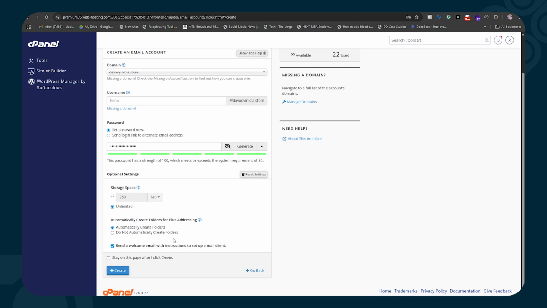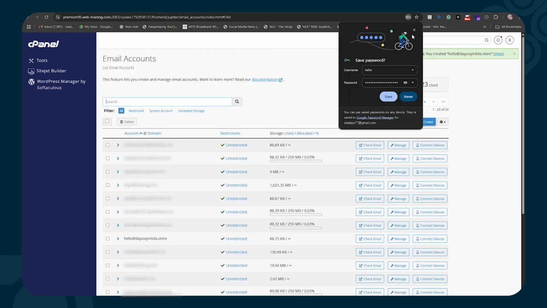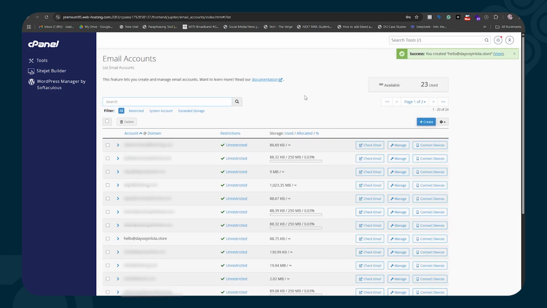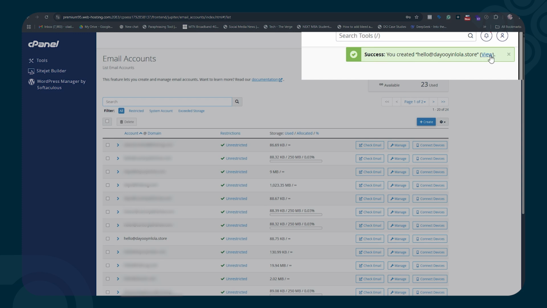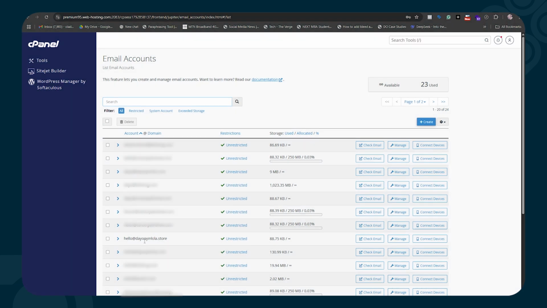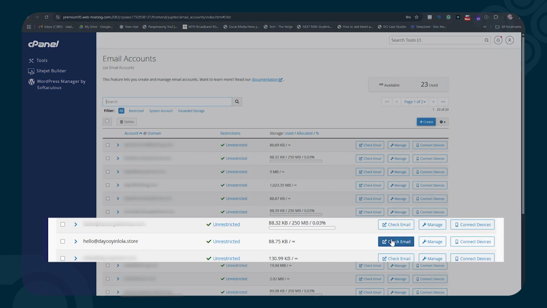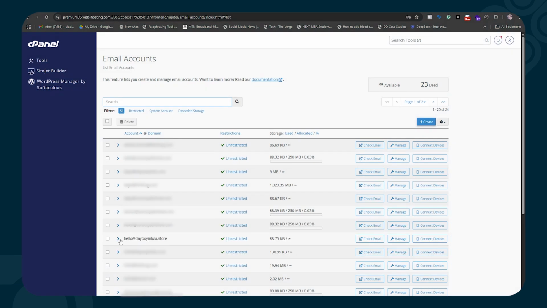So once you're done, please verify all of the information, verify your username, verify your password is the one you want, and then you click on create. That email address has been created, and then you can click on view here or look for the email address here and then click on check email. So this is the one I'm looking for right here. This is the one we just created, hello@dayoonyinlola.store. Click on check email